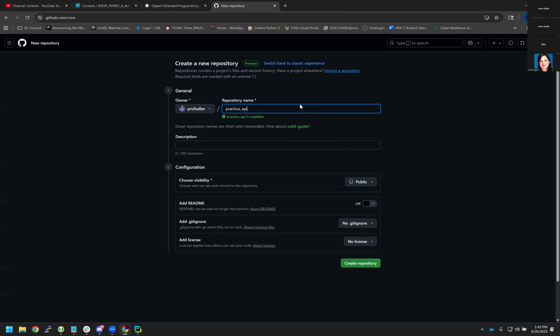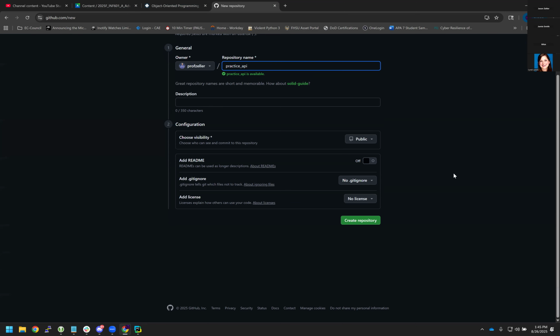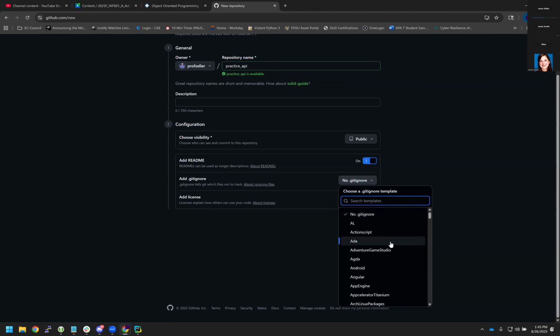Okay. Once you get that in the repository name, you can put a description if you choose. Doesn't really matter for your purposes if you want to do that. What does matter is down here, we'll go ahead and tell it to add the README. And then on the git ignore, we're going to go ahead and scroll down and choose Python. And that will set up a